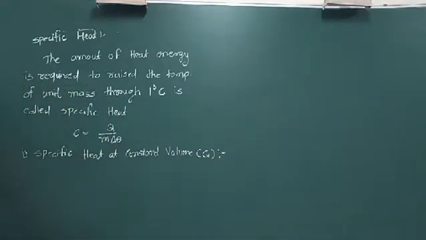So what is meant by specific heat at constant volume? The specific heat of a gas at a constant volume is defined as the quantity of heat required to raise the temperature